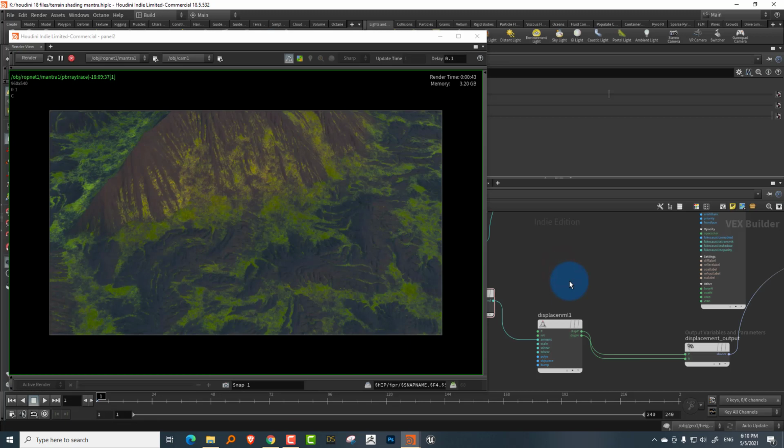It's not the greatest of results, but the idea was to just show you how you can use the attributes that are available on your terrain and how you can use that to mix textures together to get a final result on your terrain.